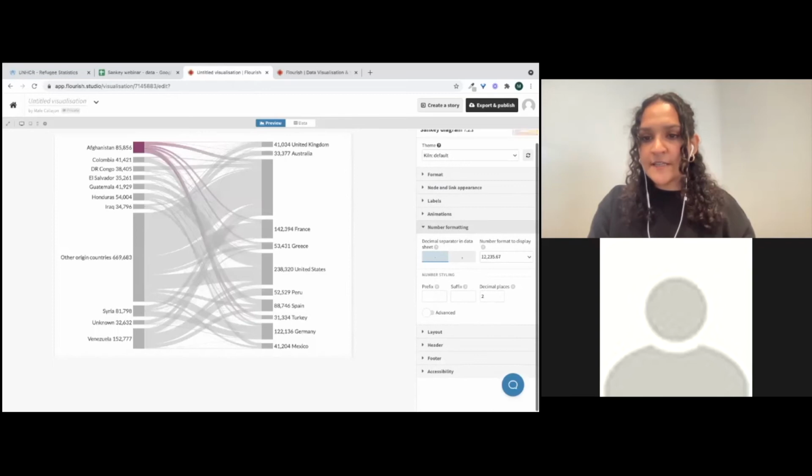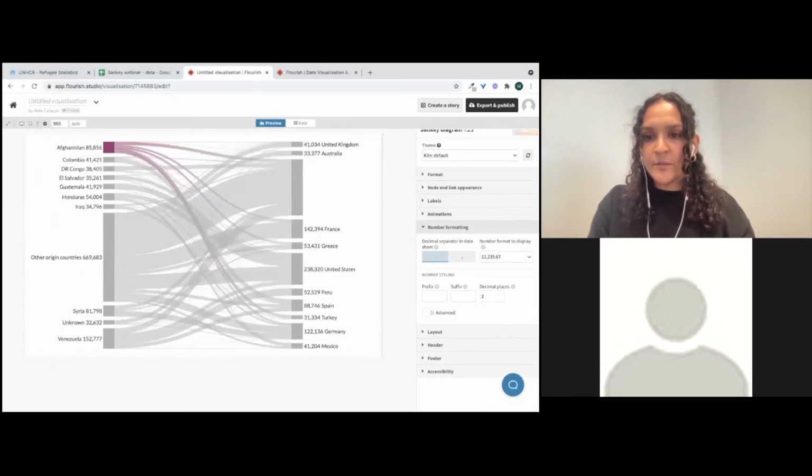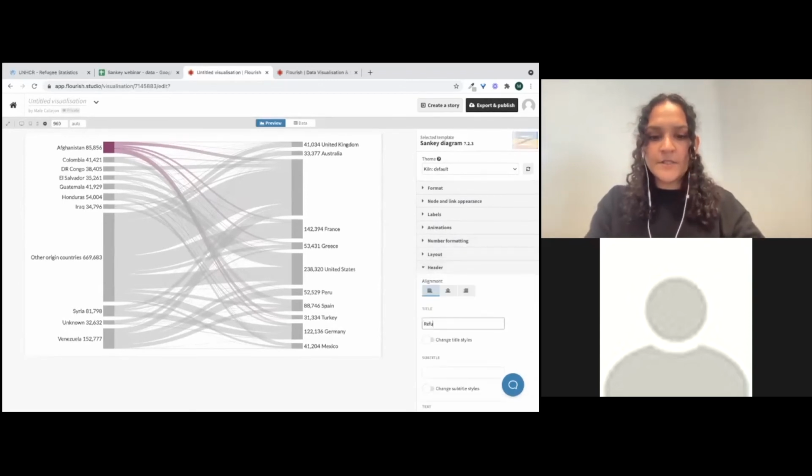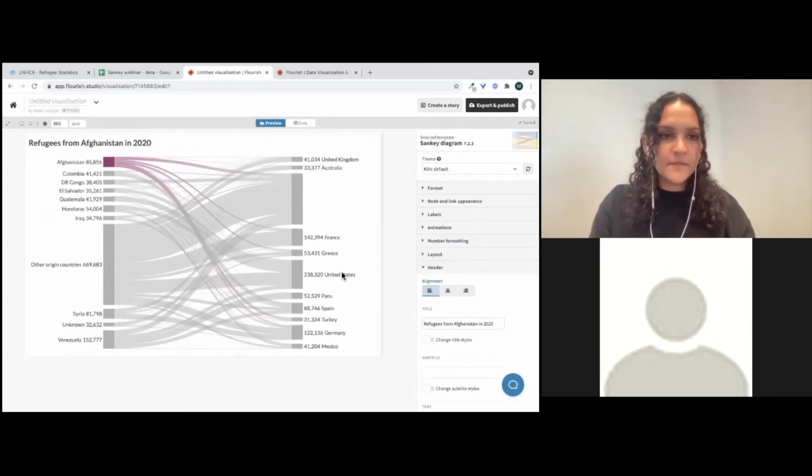And all the other settings are quite common to our Flourish templates. Your number formatting, in order if you wanted to make this say a dot instead of a comma, or a prefix if they were percentages, etc. And your layout. I'm going to add a quick header. It's going to be refugees from Afghanistan in 2020. And there we go. So that is the first thing I wanted to show you, which is how to build